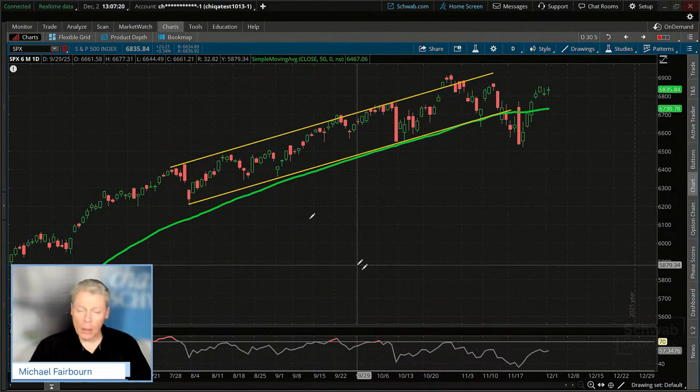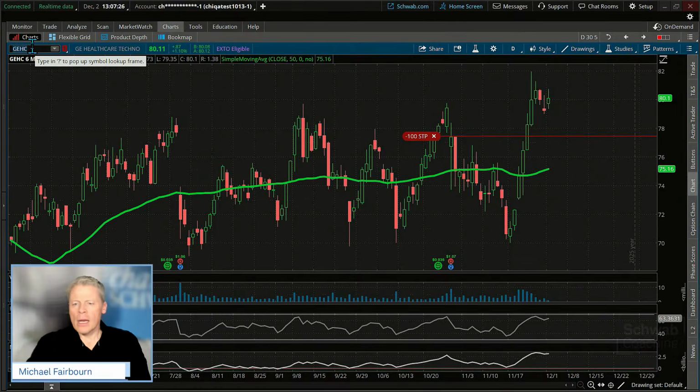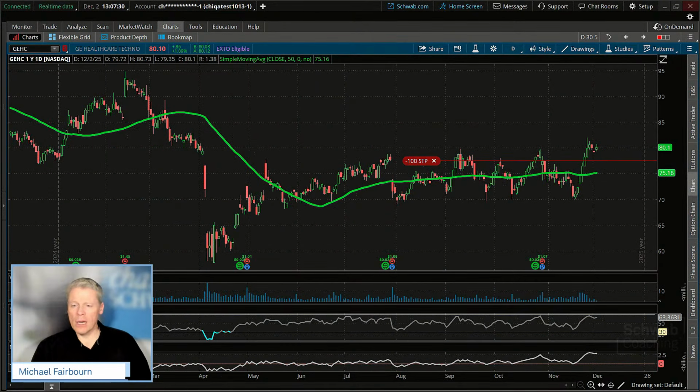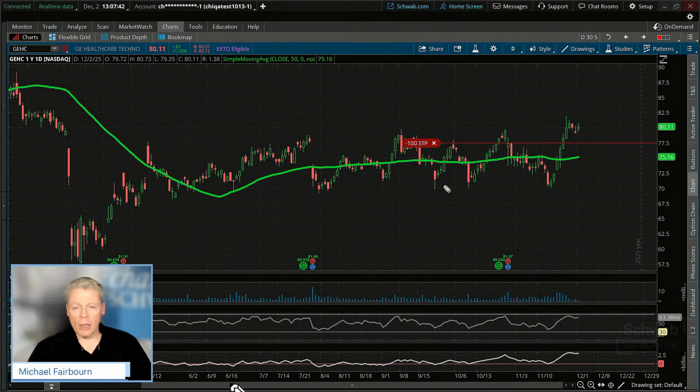Let's take a look at some of our trades from last week. You recall that we did look at GEHC, and I'll go back out to a 1 year just to show you what we were looking at. And remember, we will look at different kinds of scenarios, different setups. This one was specifically a breakout above a range, and you can probably see that right above this top. Anytime we can identify maybe a longer term range, and there's a bit of a gap over here too. See that major gap down right there?